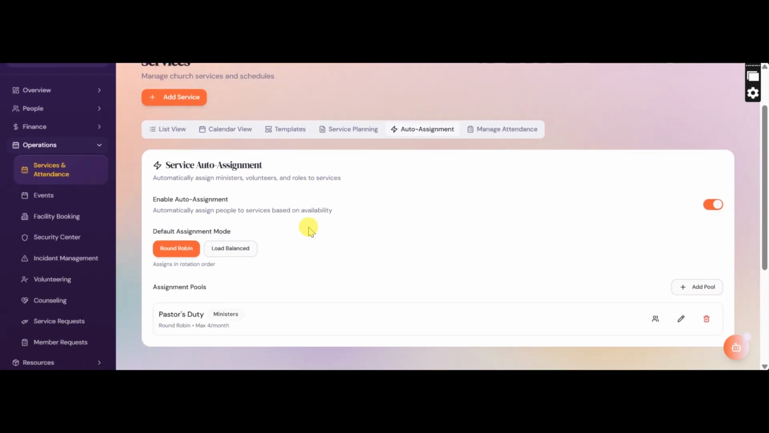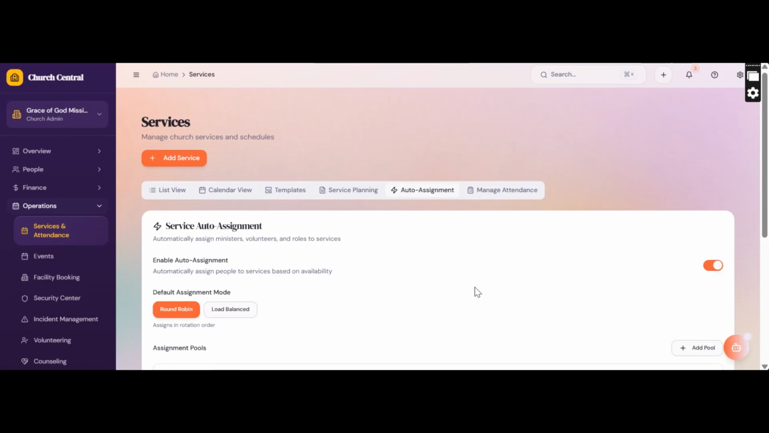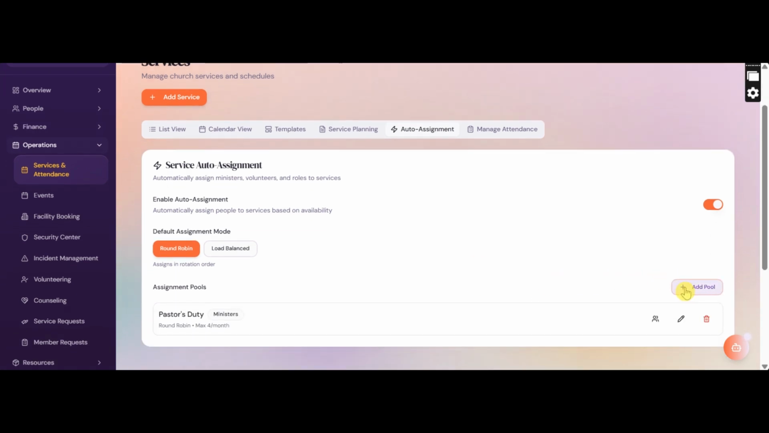And what you need to do is, first of all, create a pool. A pool is like a group of ministers that are meant to perform a certain role. For example, you have the pastoral pool. So you can create a pastoral pool where you aggregate all the pastors on duty. So like here,